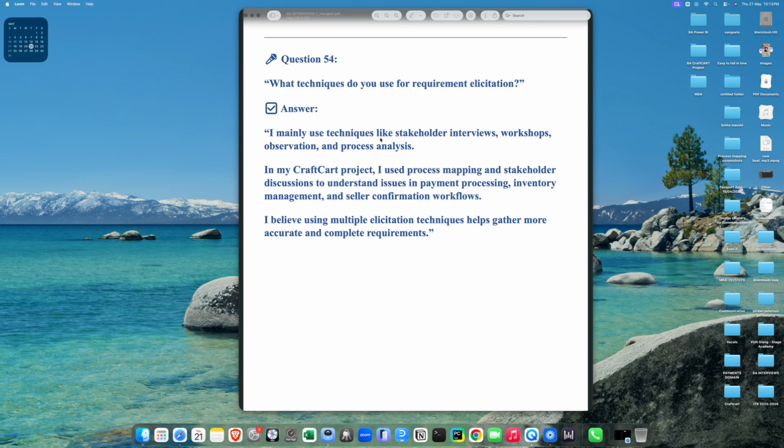Using multiple elicitation techniques helps gather more complete requirements, reduce assumptions, improve stakeholder alignment, and ensure better solution quality. Different stakeholders communicate differently, so combining techniques improves requirements accuracy. Requirement elicitation is about gathering the right information, using the right technique to clearly understand business needs and define effective solutions. So, yeah,